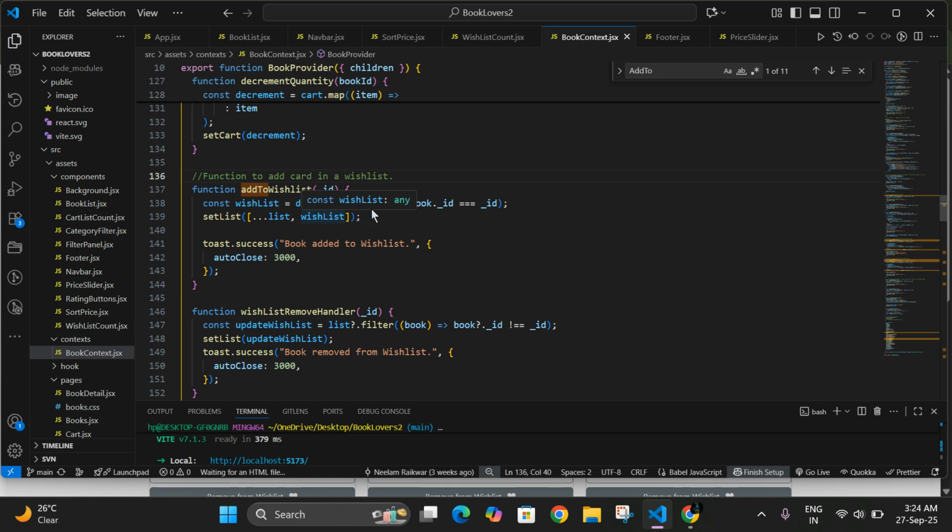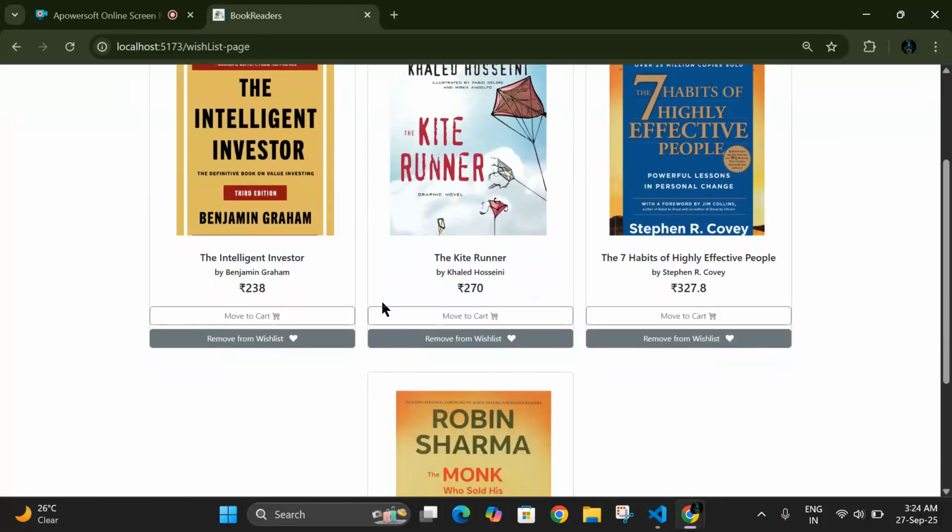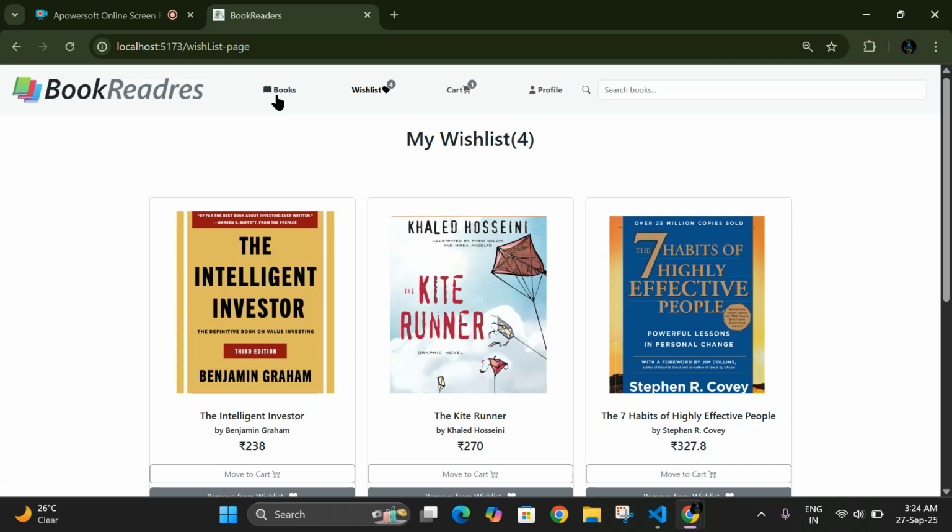I have used the find method, and it is checking if book.id is matching with this ID, then it will show that data there and render that data with the wish list. And this toast.success is used to show notification for book added to wishlist. If I click it from here,